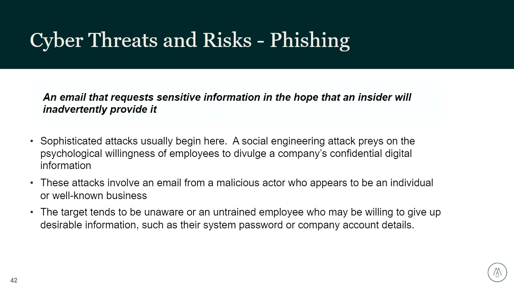So let's talk about a few of these identified risks. The first one is phishing. Phishing is an email that requests sensitive information in the hope that an insider will inadvertently provide it. Usually a sophisticated attack, it usually involves social engineering that's going to prey on the psychological willingness of employees to divulge certain information. These attacks involve an email from a malicious actor who appears to be an individual or well-known business, so not easily identified as someone